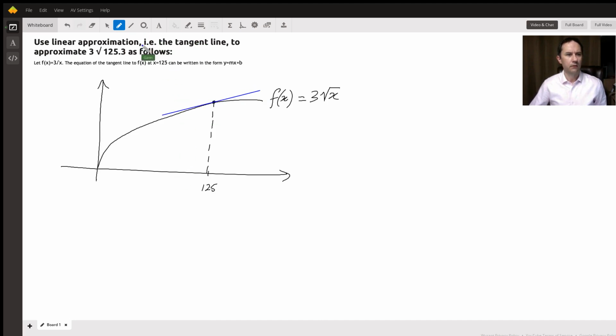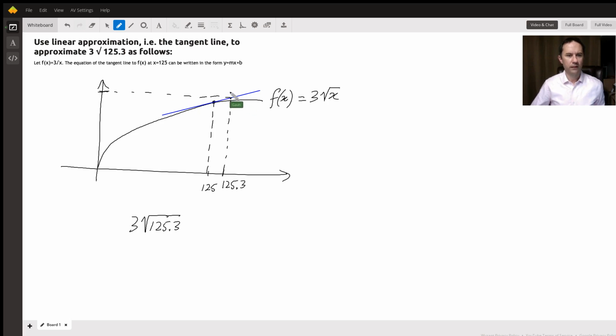And then to make an approximation for what the cube root of 125.3 is, you could just look up on this graph at 125.3. Let's say that's there. And normally you'd go to the root graph and then you get the exact answer there. But what they're saying is look it up on the straight line graph,